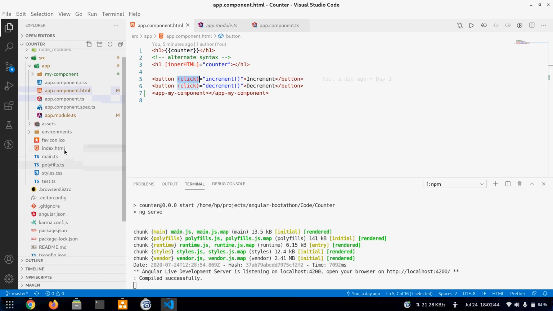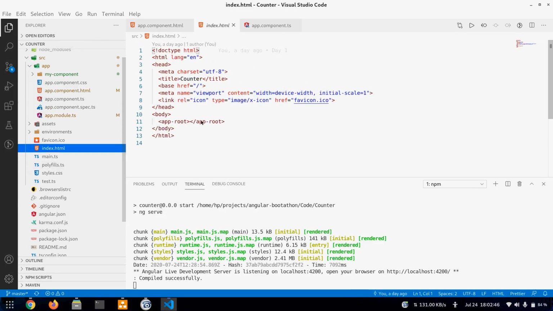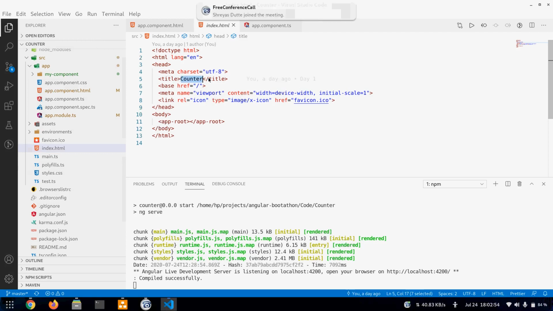And one more thing, here is the index.html file. This is the file where everything is present, like you can change the title of your project and the web page. And here is app-root. This is the first thing that gets run whenever we load our project.